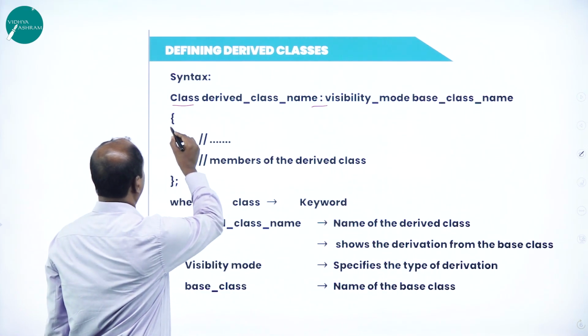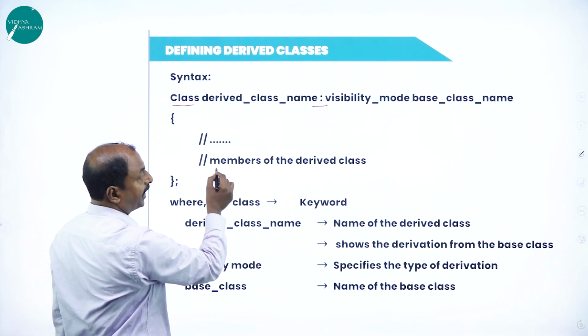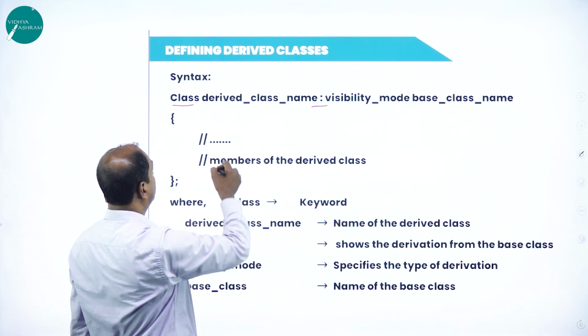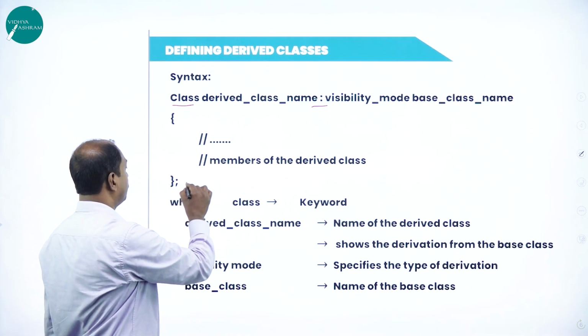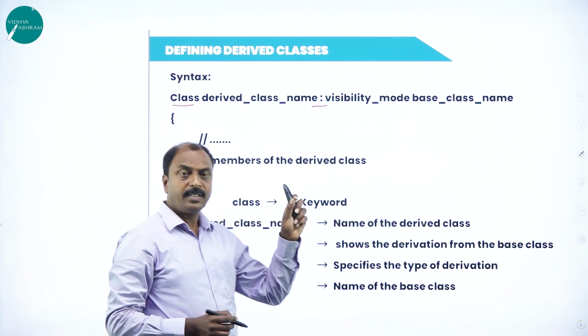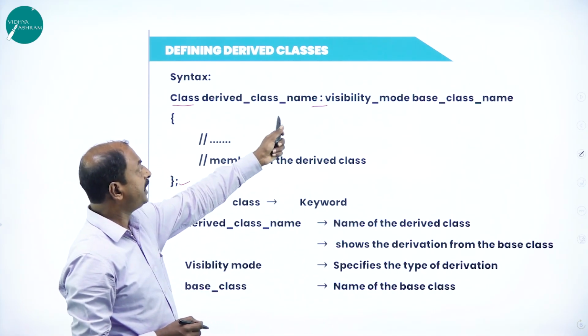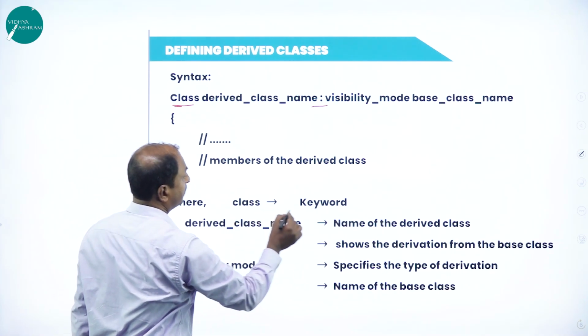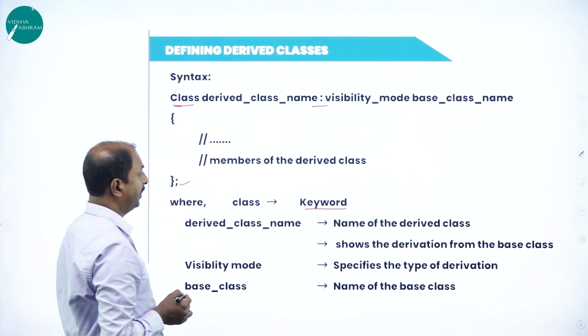Syntax: open the bracket here, and here we can have member methods or data members of this particular class, and close the class with a semicolon. So this is how we define the derived class. Now let us see the syntax in this example. The class is a reserved word, a keyword, and